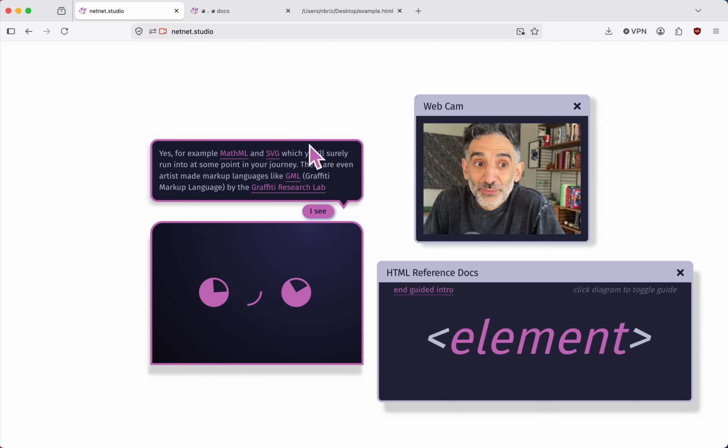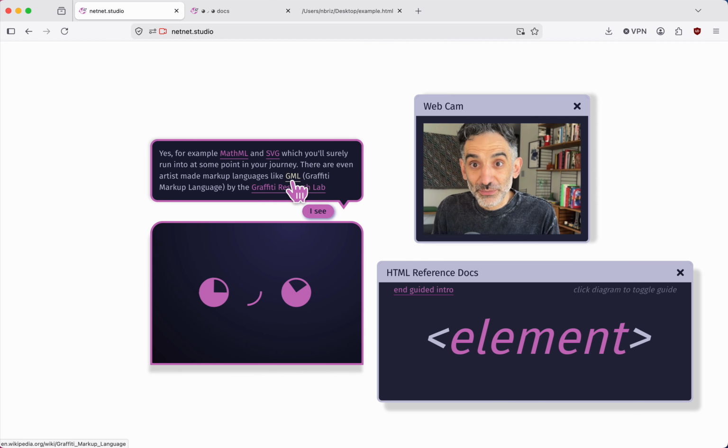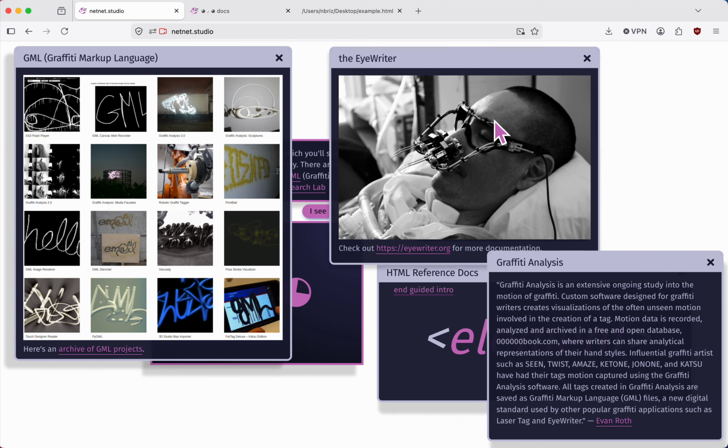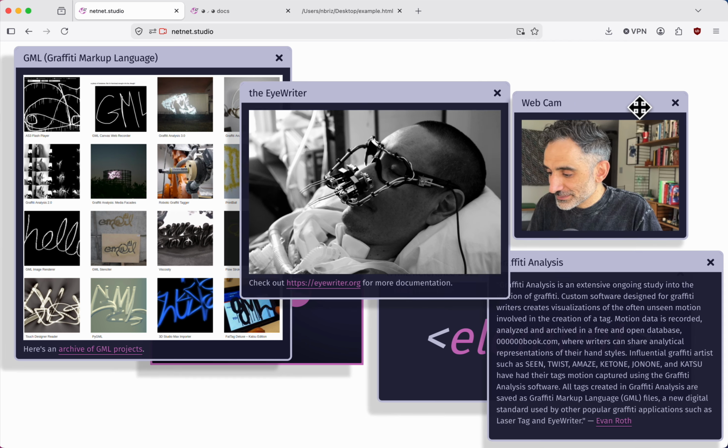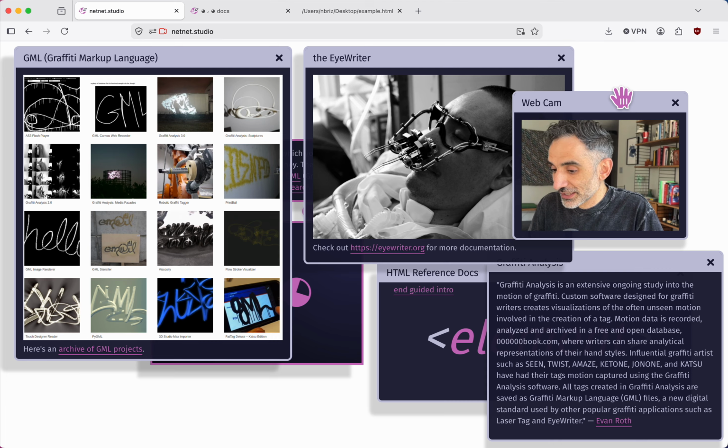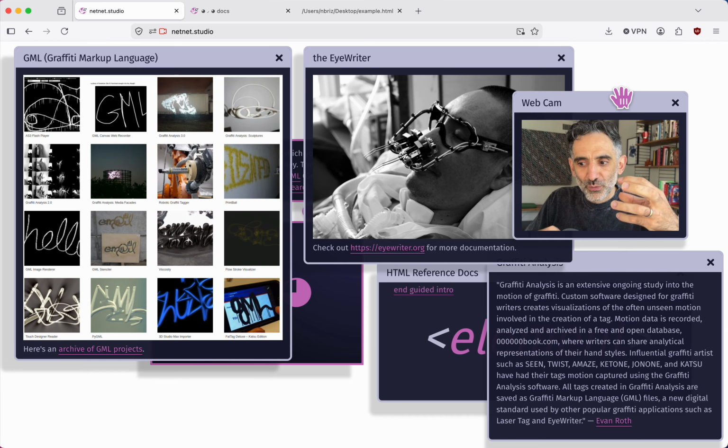But there's all sorts of other markup languages, including markup languages created by artists, like GML, or Graffiti Markup Language, created by the Graffiti Research Lab. This is one of my favorite new media art projects. It's really sort of a meta project because it's a file format, the GML file format. What GML does is record the movements of a graffiti writer. So they created applications that can track the movement of graffiti writers as they write on a wall, and then it generates a file, a .gml file, from that movement,